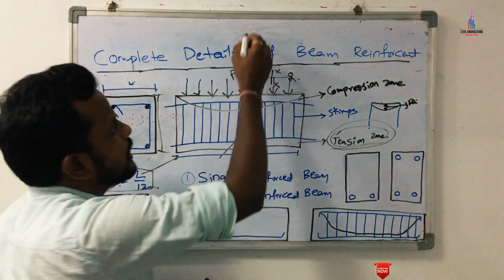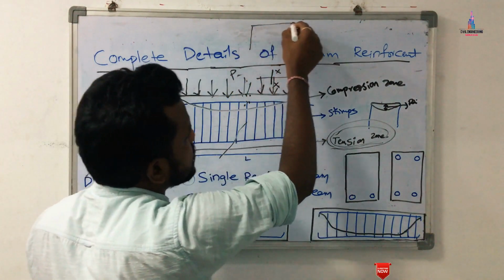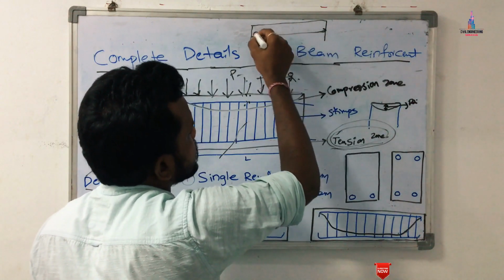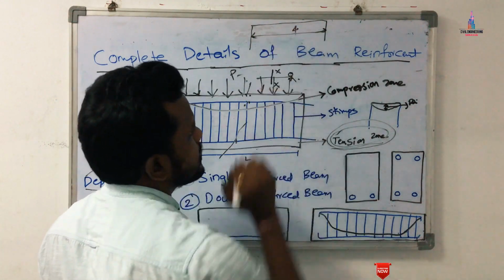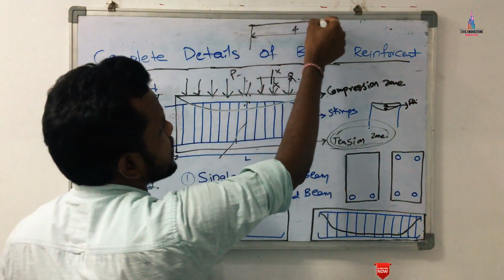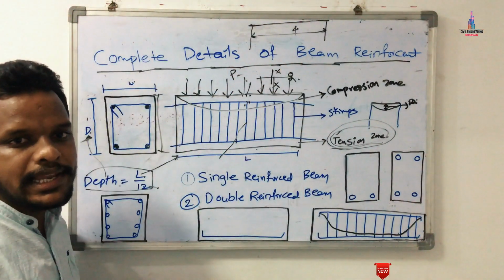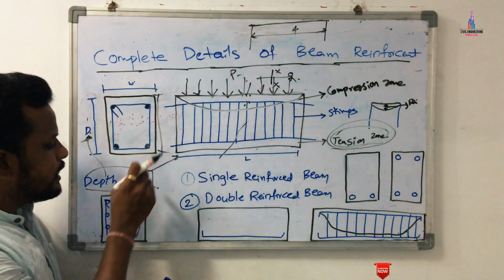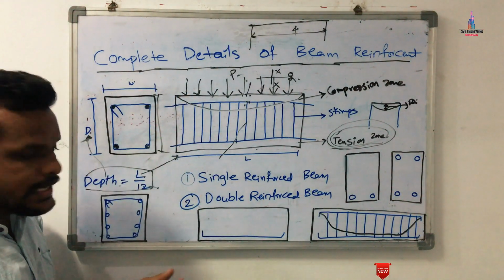Basically, if you consider an example, let us take the column section. The center to center distance between the column sections, let us assume, is 4. This horizontal member indicates the beam section. If we want to calculate the depth of the beam, we just substitute this length in the formula so that you can easily get the value.